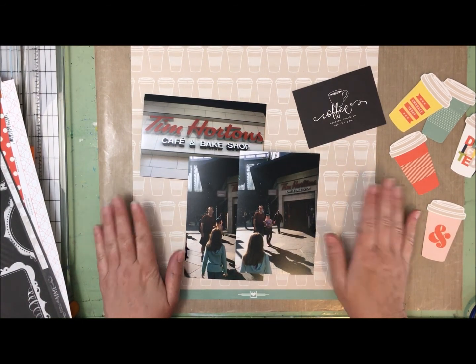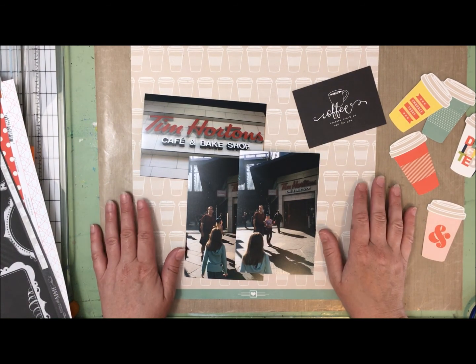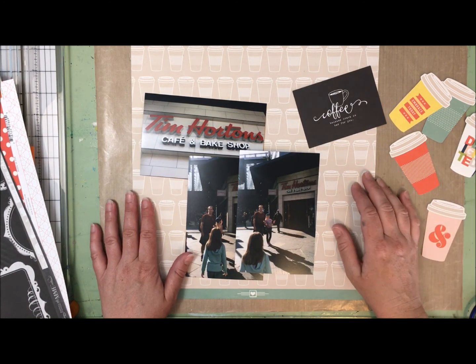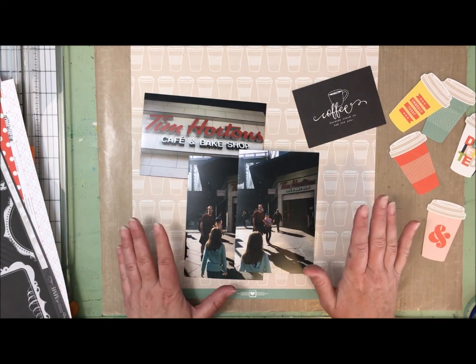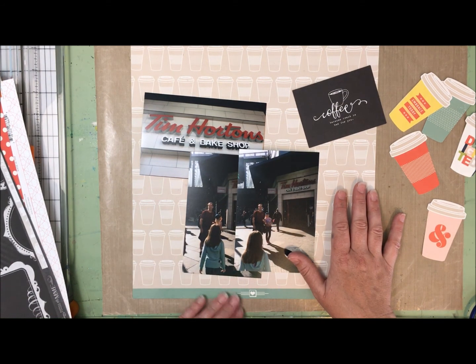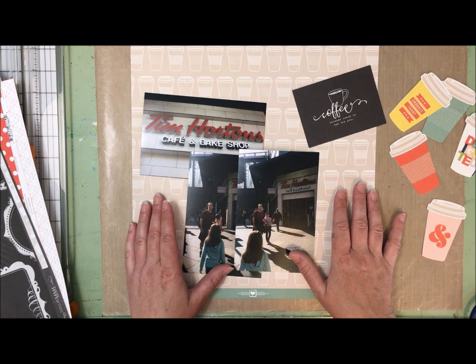The prompt today, or the meme, was the grumpy cat meme. And so the prompt is to scrapbook something that makes you grumpy, and then the technique prompt is to use red triangles, because apparently red triangles make you grumpy. Who knew? So since I am scrapbooking photos from our trip to Britain last summer, I don't think I have any pictures where anybody is particularly grumpy,